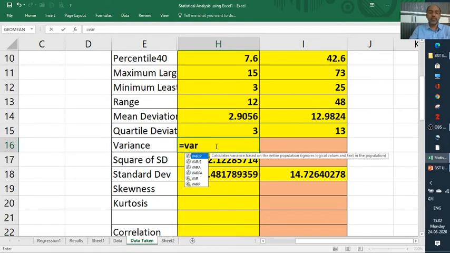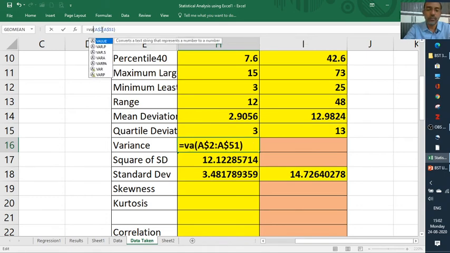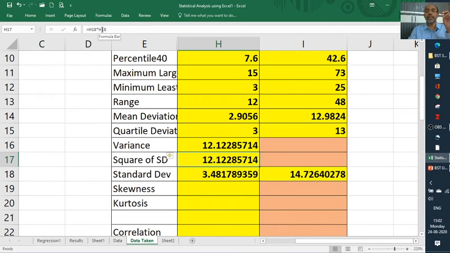Is it okay? So VAR, we'll use the data first. Did you get the same? Yes. So square of SD and variance are both the same. Is it okay?